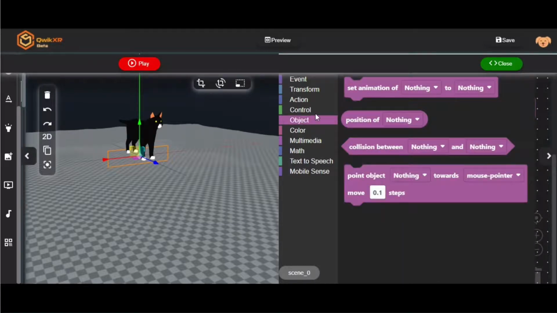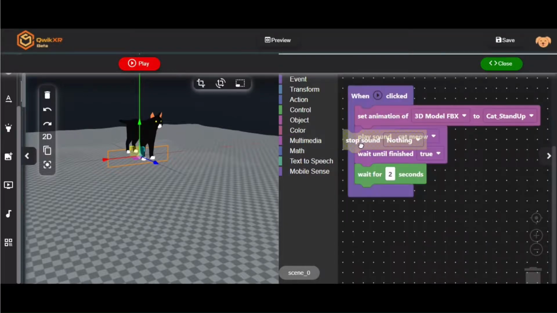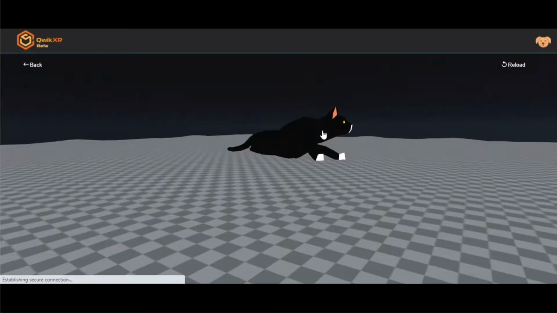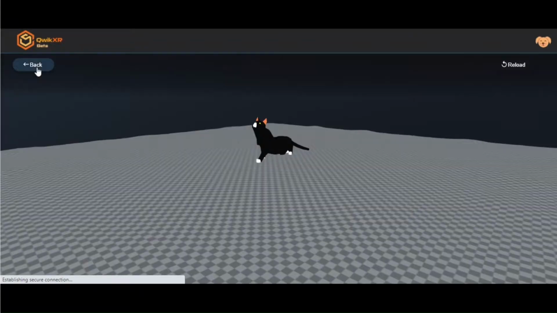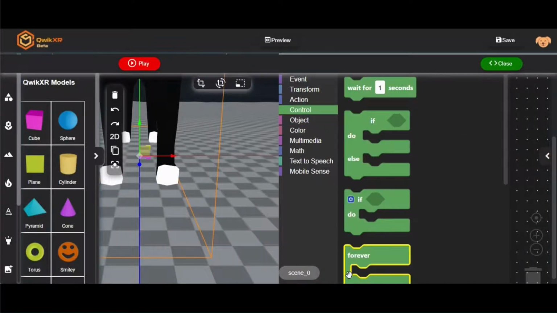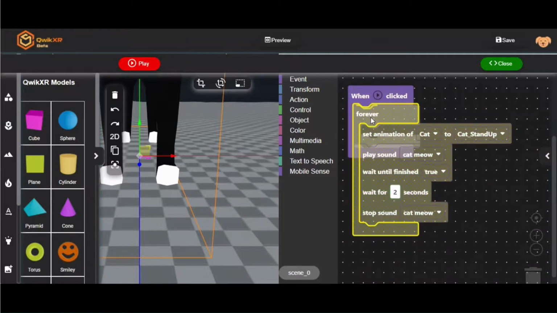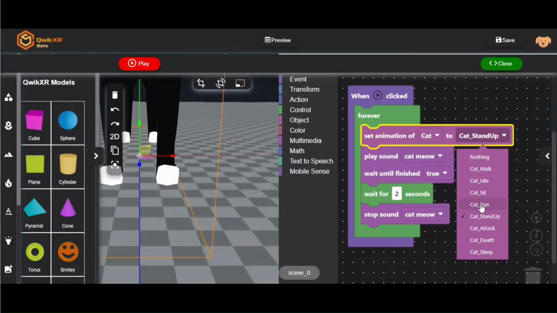So I have my cat selected and if I wanted to test out this run a cat, I can just click on code block, select go to event block, select this block, then simply drag an animated code block from the object option and set animation to run a cat and he will run steps forward. So each time the cat moves forward a little bit. For now you can just click on these and see what they do. But we are not actually going to build anything in particular just yet.